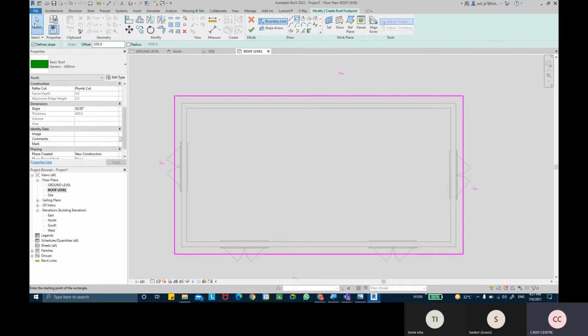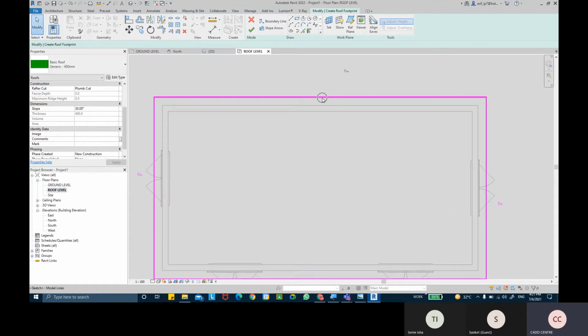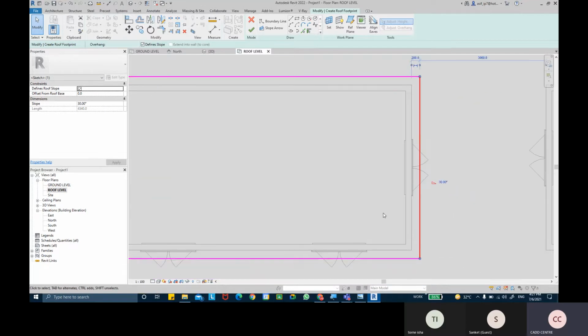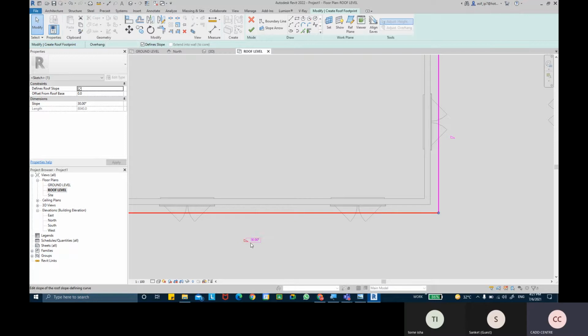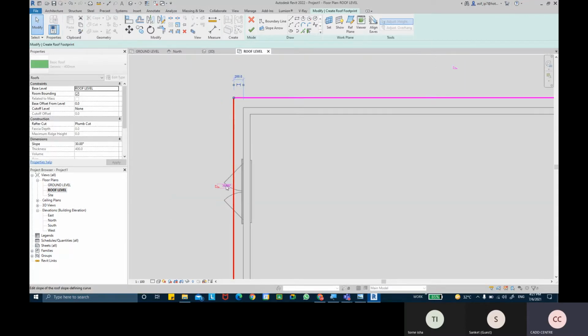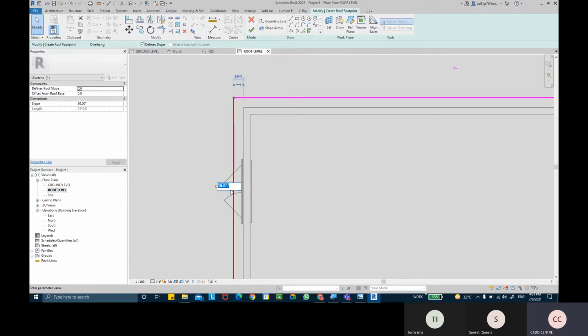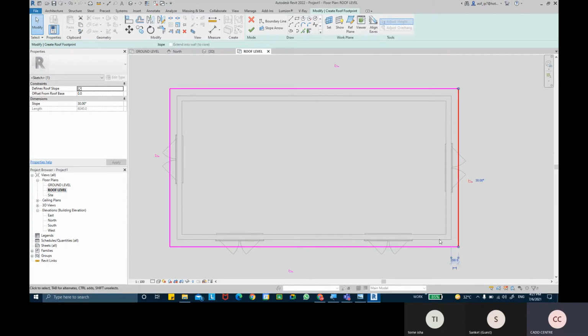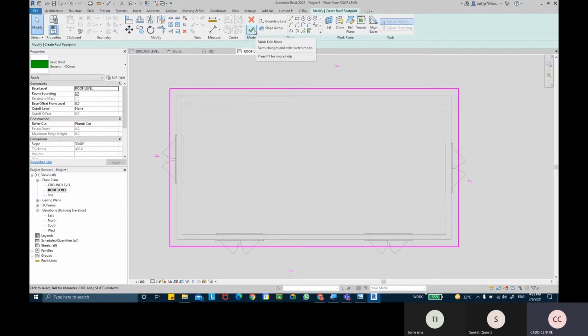Now if you have noticed, whenever you select a sketch line, you get this angle written down. That angle is the sloping angle, and the current angle of the slope is 30 degrees. If you want to change it, you can change the angle of slope as well. You can see all sides have slope. Now before I click on finish edit mode,